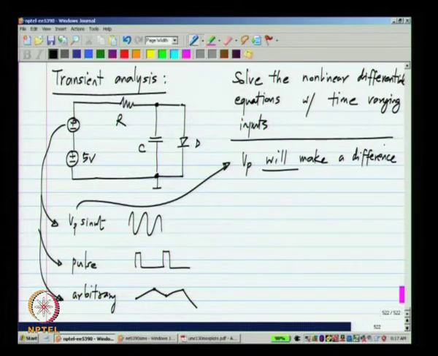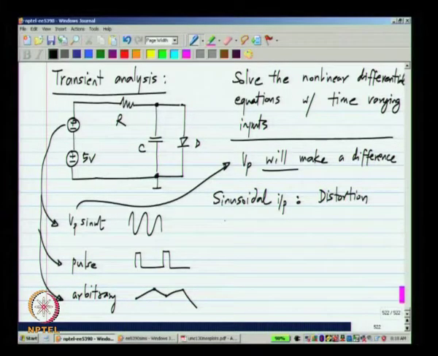And why do we use this transient analysis? With a sinusoidal input, normally you would try to calculate the distortion produced by the circuit. That is, you put in a sinusoid at a certain frequency and you do the analysis, and by taking the Fourier transform of the output, whatever the relevant output is, you can determine the strength of the harmonics. And as you know, if you have an amplifier, for instance, the harmonic distortion is a very important criterion, and that is computed by doing a transient analysis.